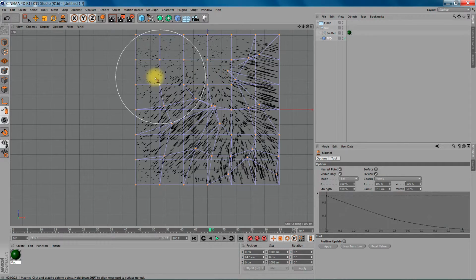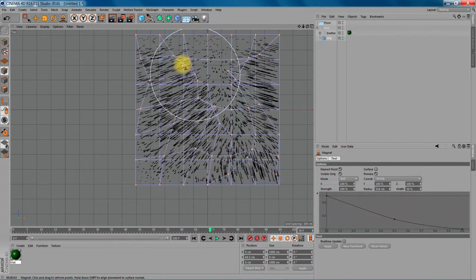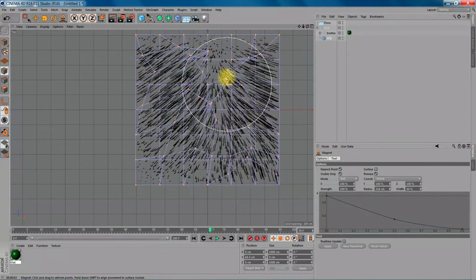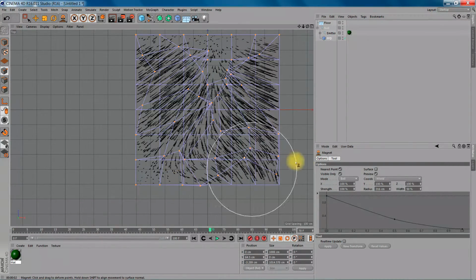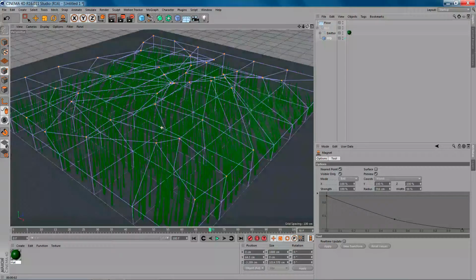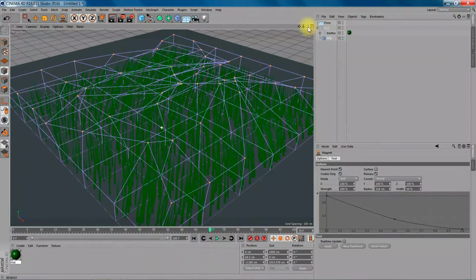So it's kind of like a brush, but you can do lots of stuff. So I just fiddled around with it a little bit. Now what I'm getting is basically this. Maybe it's a little bit too much. I'm just going to put up the